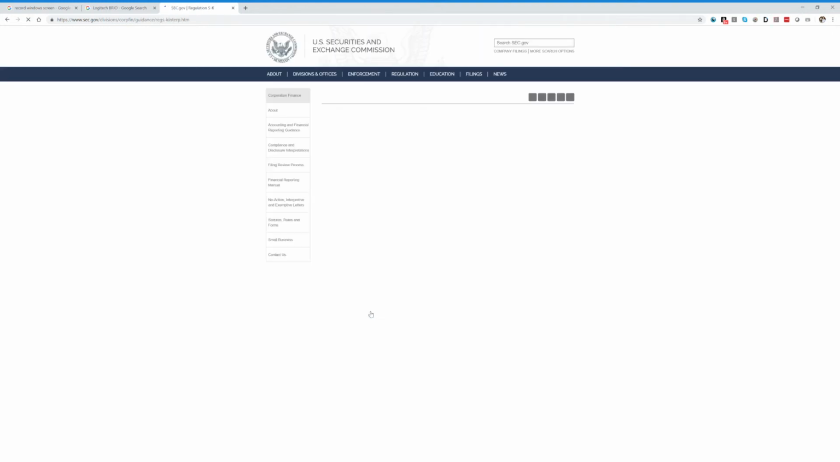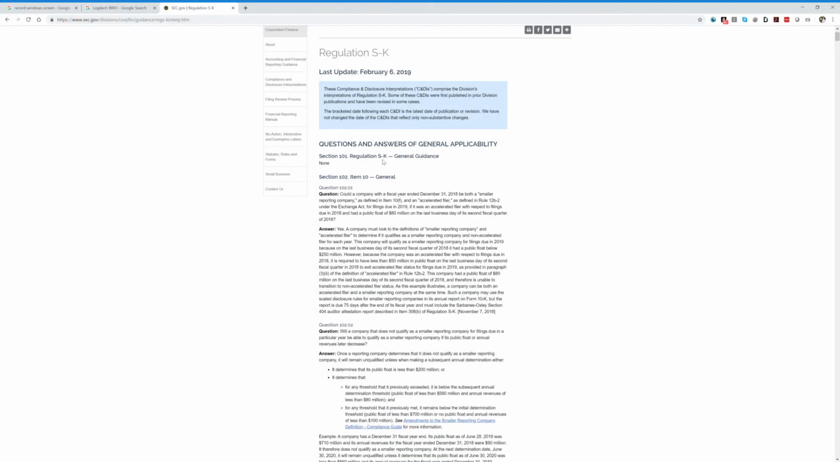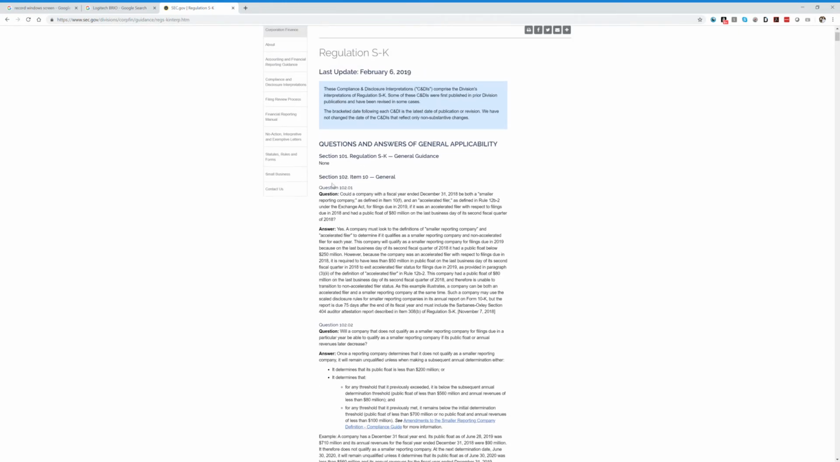We can select here, and we can close this box. It'll show you compliance and disclosure interpretations organized by the various item numbers within Regulation S-K. So this is Section 101, Regulation S-K General Guidance, Item 10 of Regulation S-K. And usually they're organized as questions. So someone might have posed a question to the staff, and they've provided a response, and then there's a date